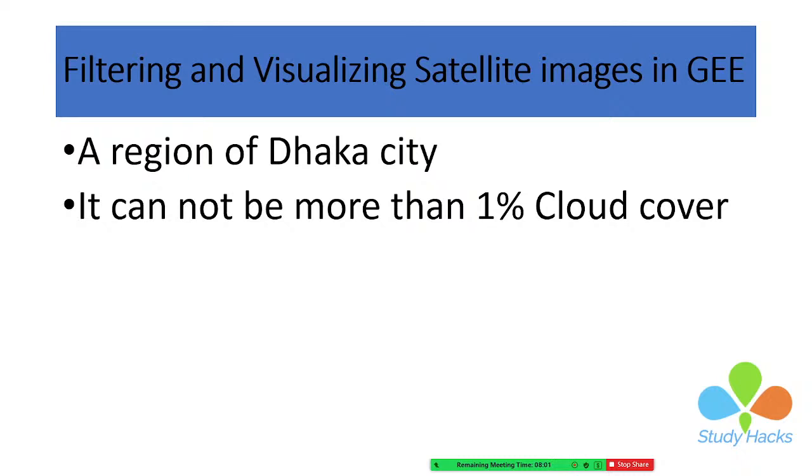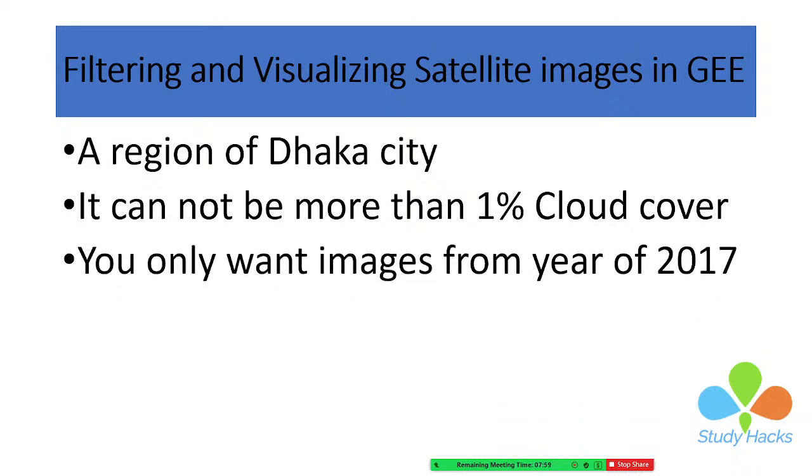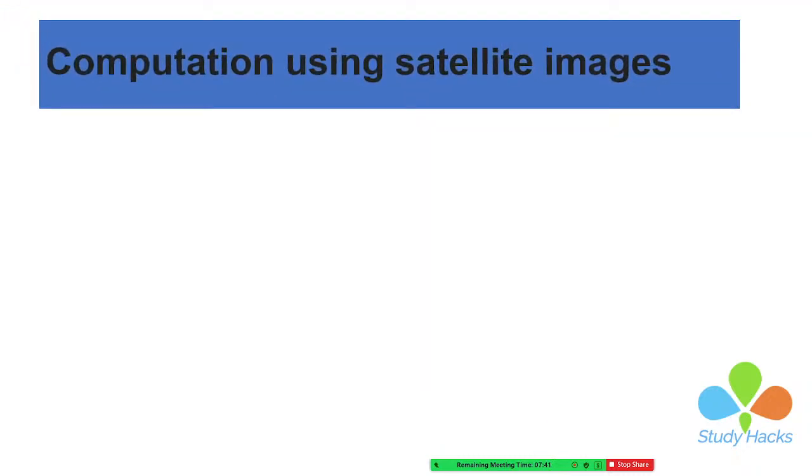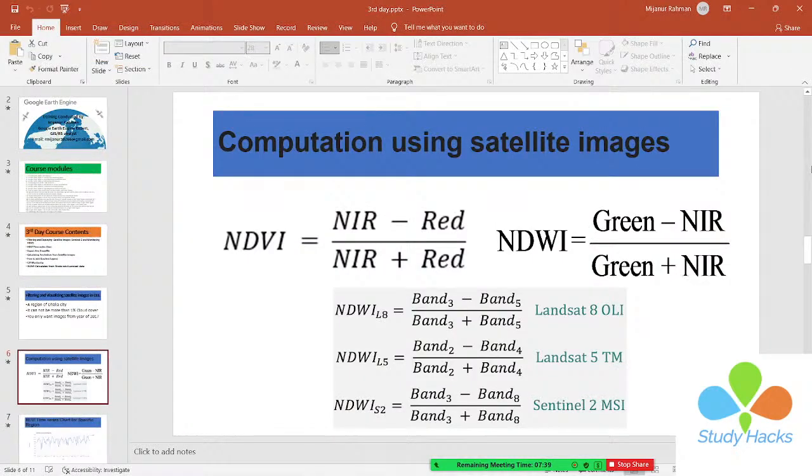Okay, then we also need to select a specific time period. Okay, suppose I need the Sentinel imagery for the year 2017 or whatever date you need, you can just select your specific time period. Okay, so now I also try to show you practically how you can do this. So I simply open my